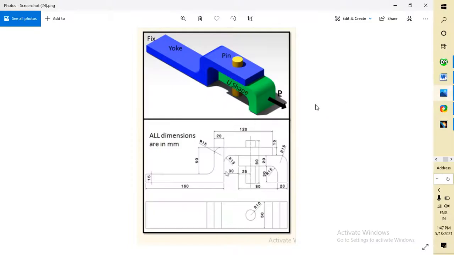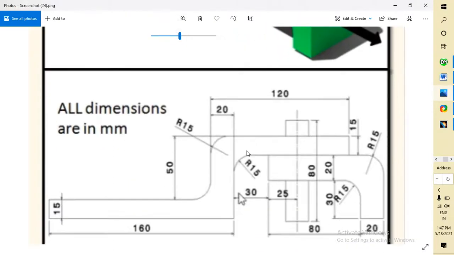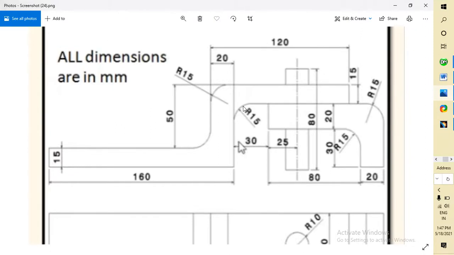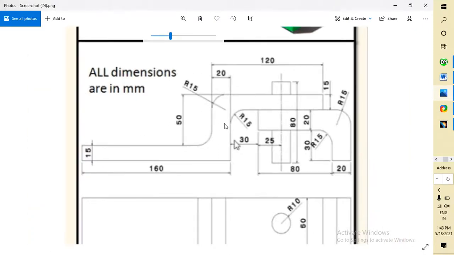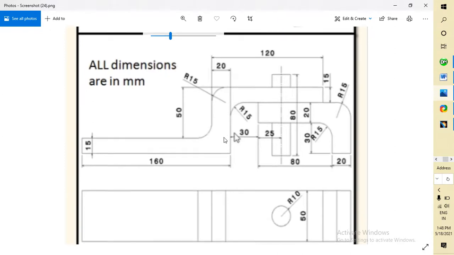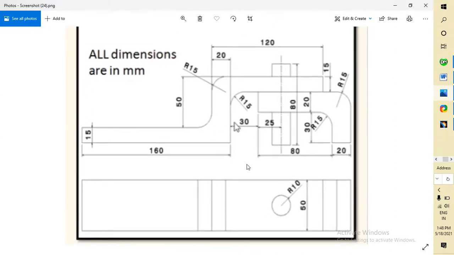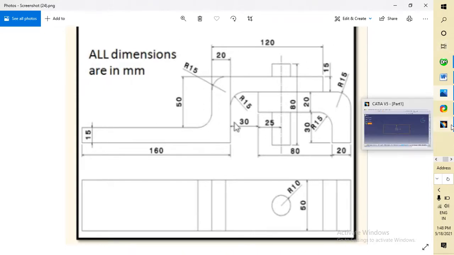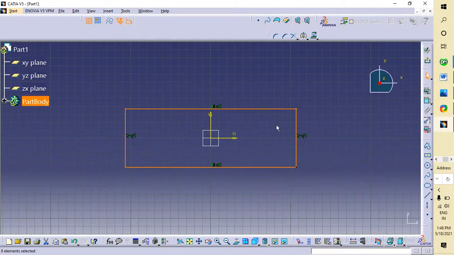Here is our dimension. I forgot to show you guys. So you can take a photo from here. Okay guys, this is the front view, this is the top view. It is enough for drawing the 3D design. No problem guys, take a picture on your mobile so that you don't have to see it frequently.